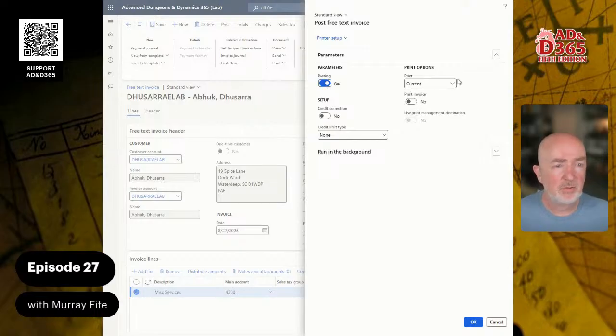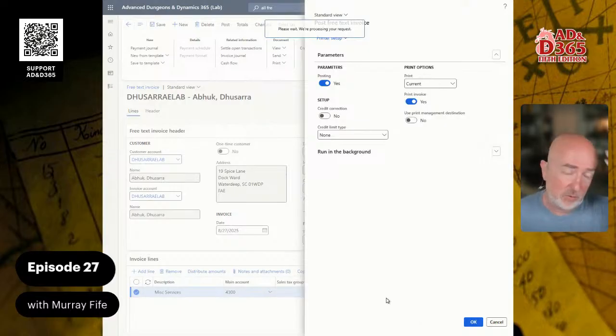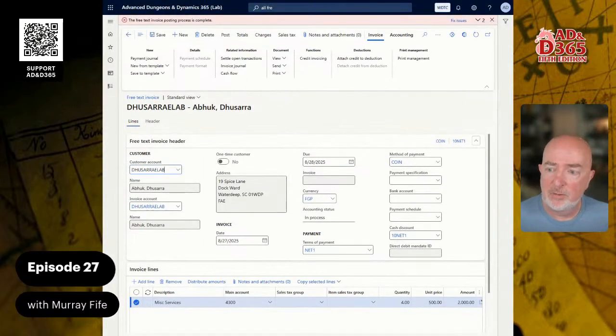So I'm going to post this, and I'm going to print this. Let's check the print option here, and let's leave it just at that. And if we look at the printer setup, this is a proper invoice. Let's print this. Let's post this. So what this is going to do is go out and finalize the invoice. It's going to create all the postings, which we can have a look at in just a second,